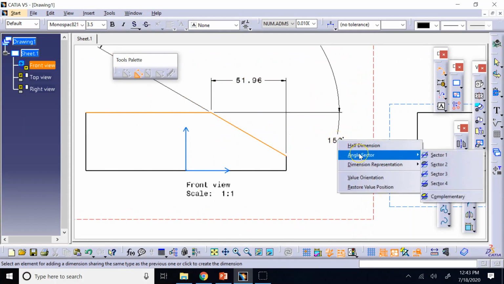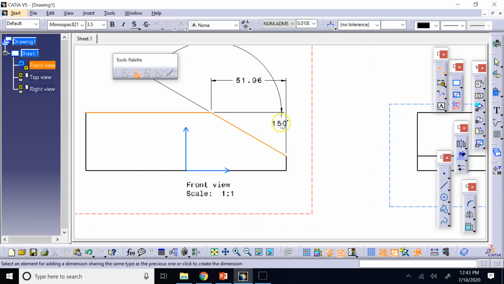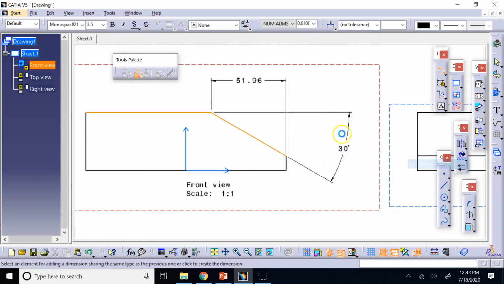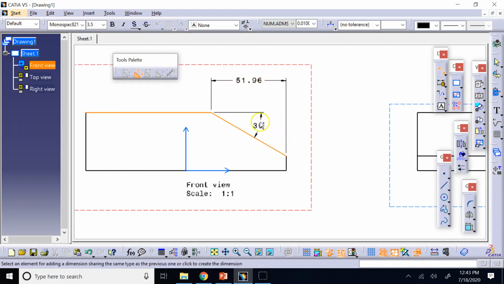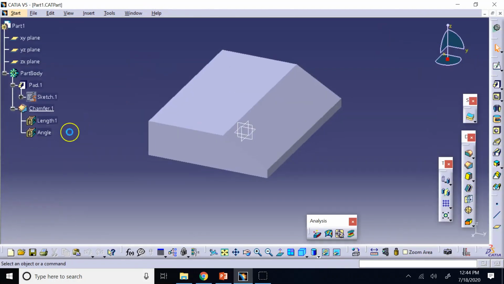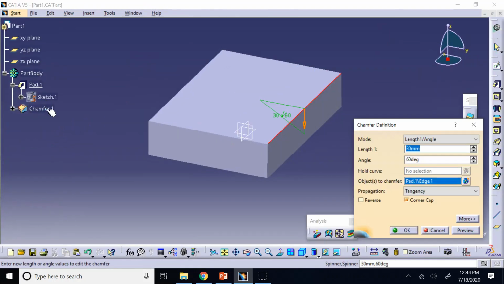Let's see, you can use angle sector and bring it to sector 1. No, I guess we have to go to sector 2. Yes. Okay, you can do it this way. So this is for what? For inclined surface. Now, on the other hand, as I said, if this is really a chamfer, a small thing